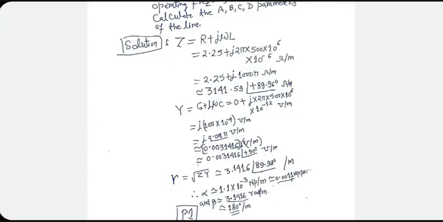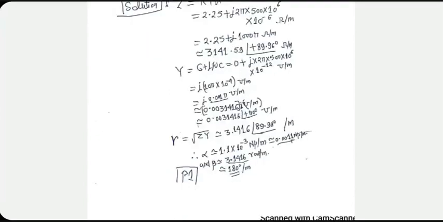When I multiply, the two angles get added, 90 degree and 89.96 degrees. But because of the square root, you have to divide the result by 2. So gamma has a phase angle of 89.98 degrees. It is almost totally imaginary. It is almost like a lossless line, but not really. Some alpha is there. You calculate gamma equal to alpha plus j beta. That means you can calculate alpha and beta from there. Put real part equal to alpha and imaginary part equal to beta based on this result that we have got.